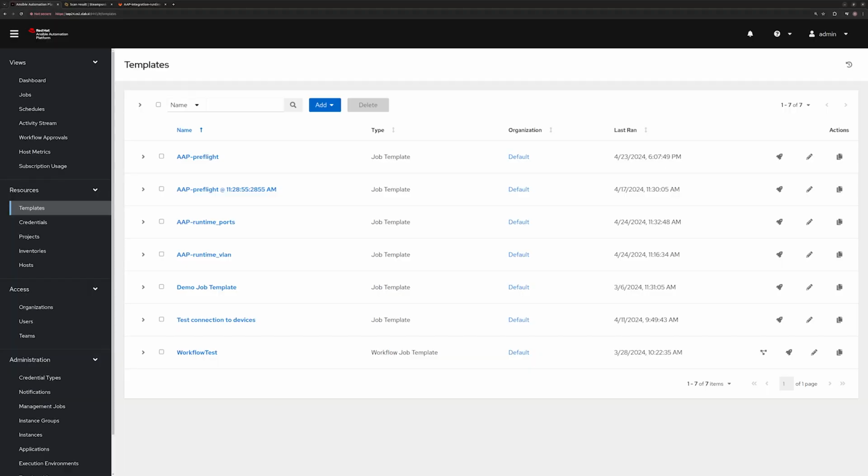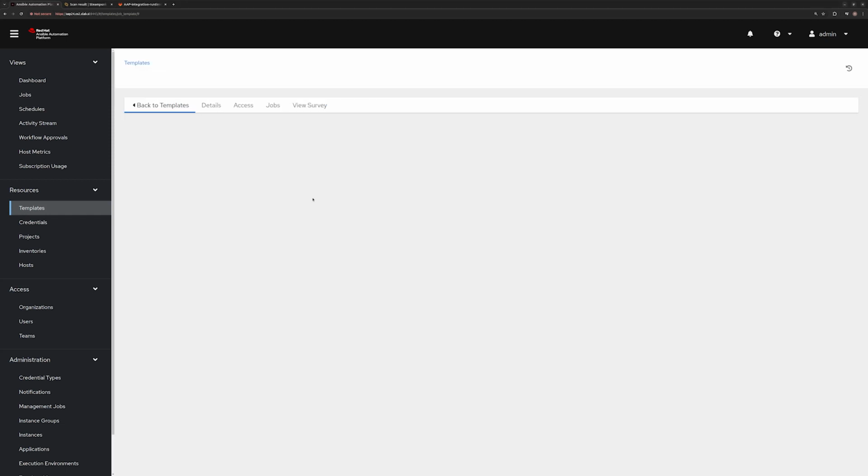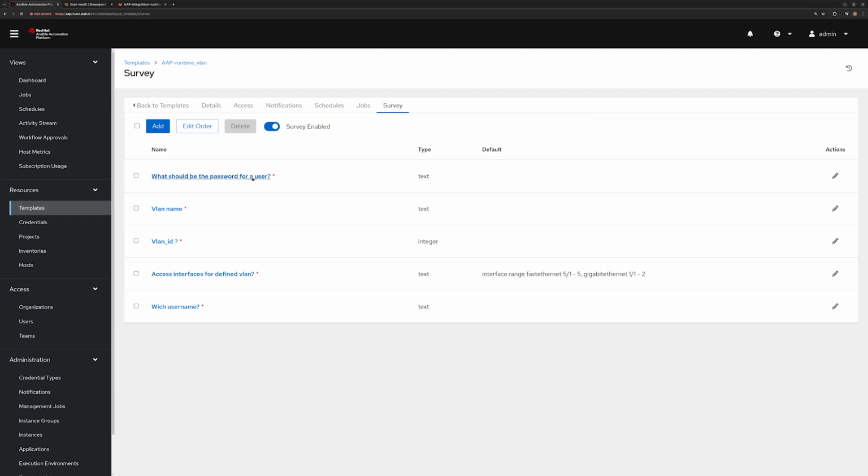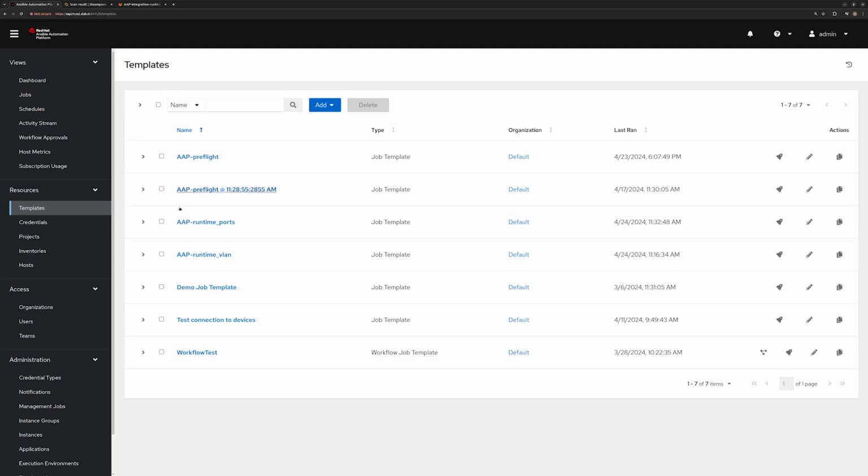So let's check the job template AAP runtime VLAN, where we can see that we have a survey as well. We can set the password for a user, the VLAN settings, and add the VLANs to specific ports. Quite simple, actually. Let's execute the job template and fill